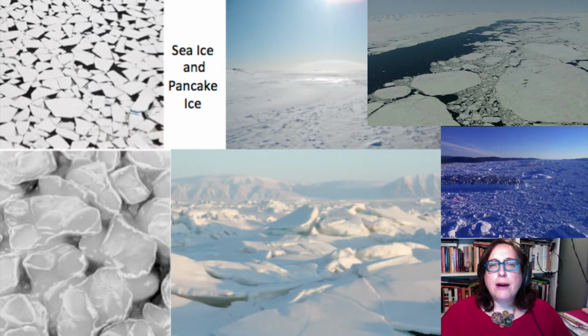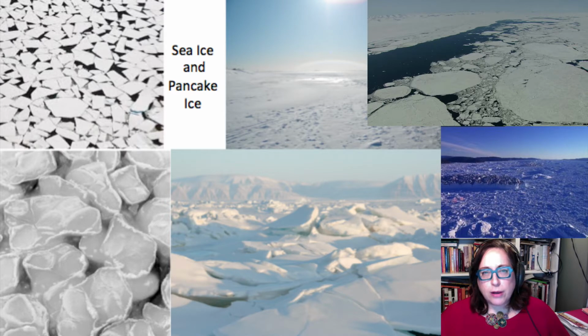So the majority of the Arctic is composed of permanent ice and tundra. The permanent ice is frozen seawater, and because it's salty, it freezes below the point of fresh water, so it freezes at minus 1.8 degrees Celsius. The sea ice eventually loses its salt over time. It leaches out. There's also a lot of ice in the Arctic Ocean that's known as pancake ice. So this is sea ice that's been broken up into small round chunks that are usually 1 to 2 meters